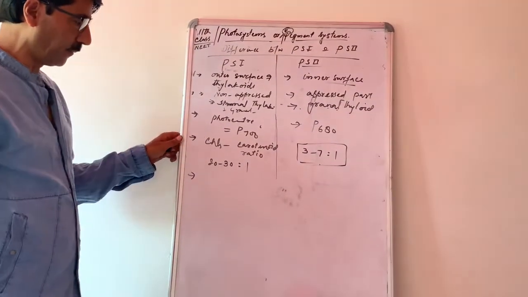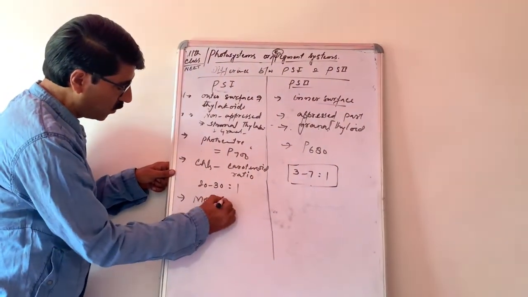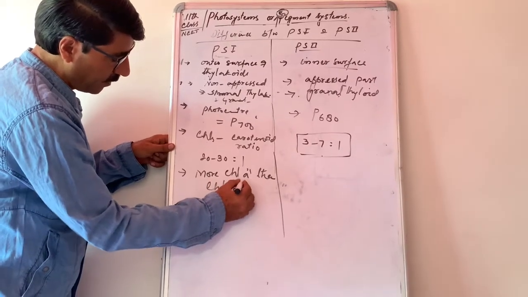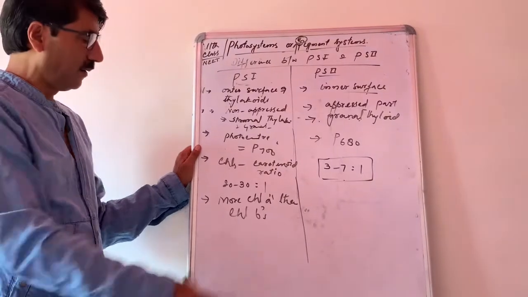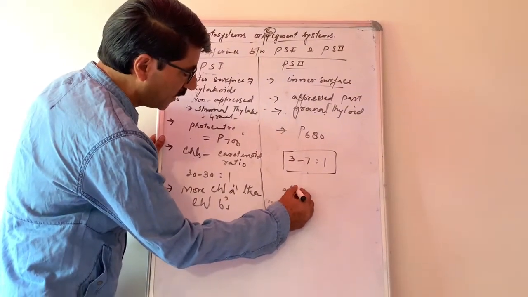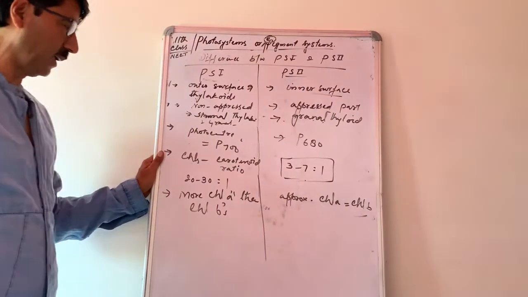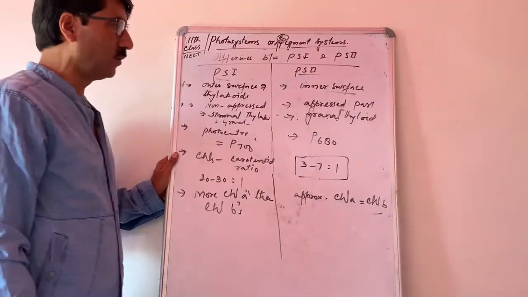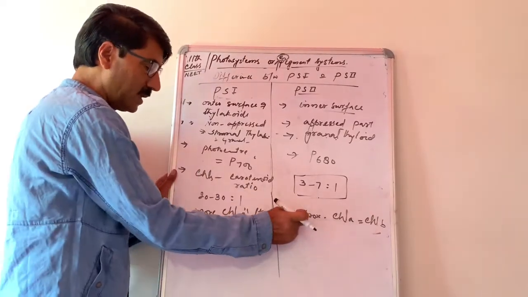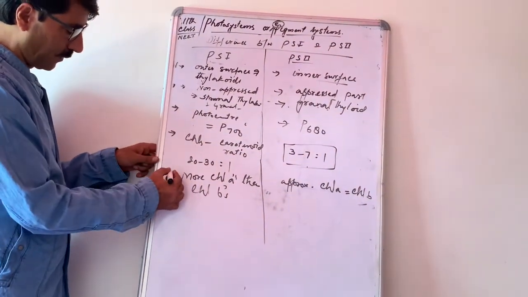तो यहाँ पर अगर हम देखेंगे, यहाँ पर दूसरी बात कि इसमें मोर क्लोरोफिल्स होते हैं, मोर क्लोरोफिल A molecules than क्लोरोफिल B's. क्लोरोफिल A's ज़्यादा होते हैं जो अभी हमने डिस्कस किया इस PS फर्स्ट में, इसमें क्लोरोफिल बी से. लेकिन यहां पर हम देखते हैं दैट अप्रोक्सीमेटली द क्लोरोफिल ए मॉलिक्यूल्स इक्वल्स द अमाउंट ऑफ क्लोरोफिल बी मॉलिक्यूल्स. तो ये आप याद रखेंगे, PS फर्स्ट में क्लोरोफिल ए ज्यादा होते हैं बी से, लेकिन PS सेकंड में क्लोरोफिल ए और क्लोरोफिल बी का तकरीबन अप्रॉक्सीमेटली सेम अमाउंट होता है ना।